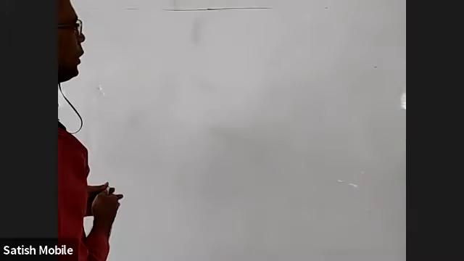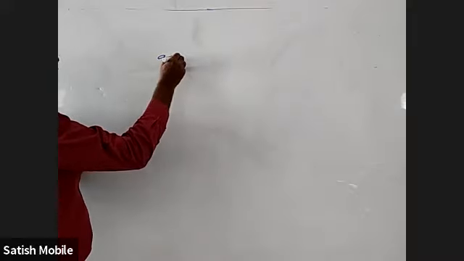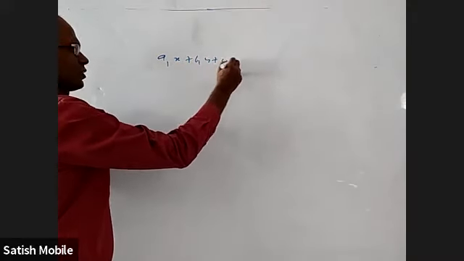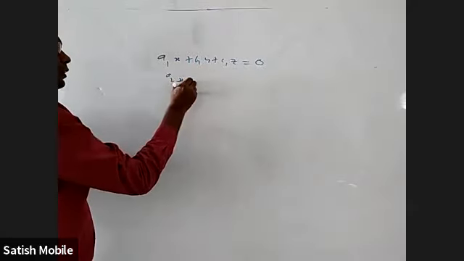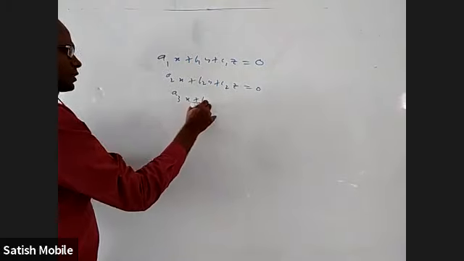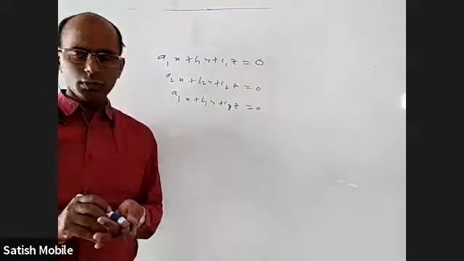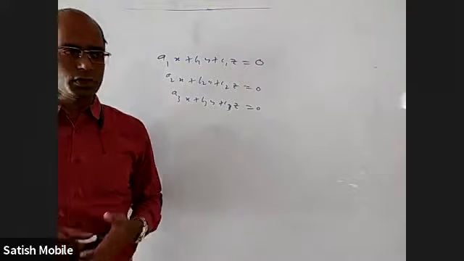I think yesterday I discussed only theory. I could not discuss any question. One more point that I left in the theory. Yesterday we discussed system of equations. One point I left is this: a1x plus b1y plus c1z equal to 0, a2x plus b2y plus c2z equal to 0, a3x plus b3y plus c3z equal to 0. Okay. When all constants are 0, this is called a homogeneous system of equations.